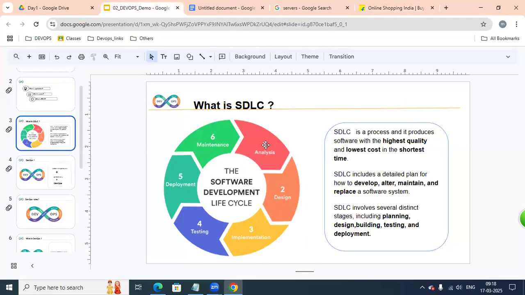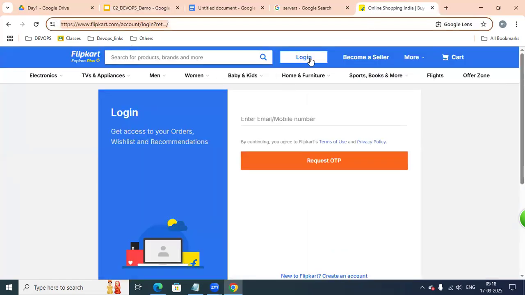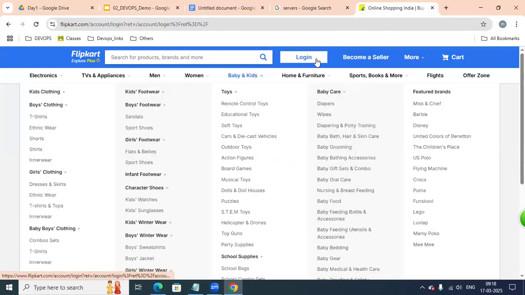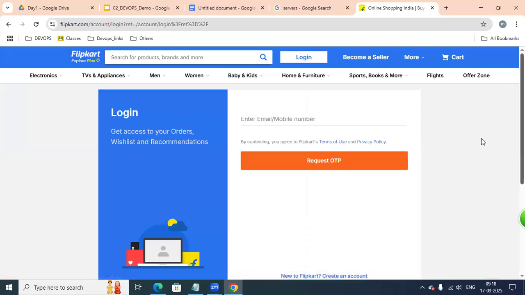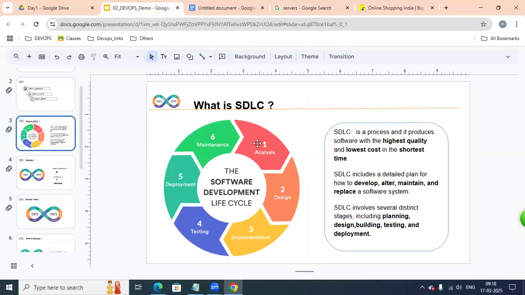What is the first step, guys, please? Analysis. Analysis means the login page, registration page, payment gateway, whatever the client requirements are. Each and every piece of information will be gathered. Based on the gathered information, it will be analyzed. Once it is analyzed, it will be design. Design is nothing but a plan. According to the plan, our developers will implement the lines of code.